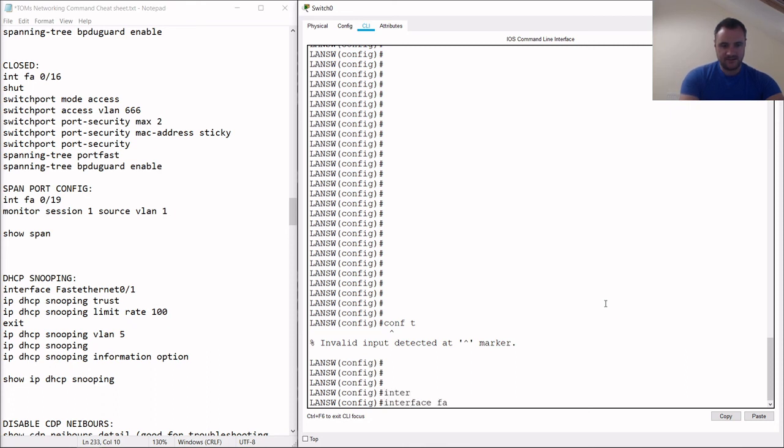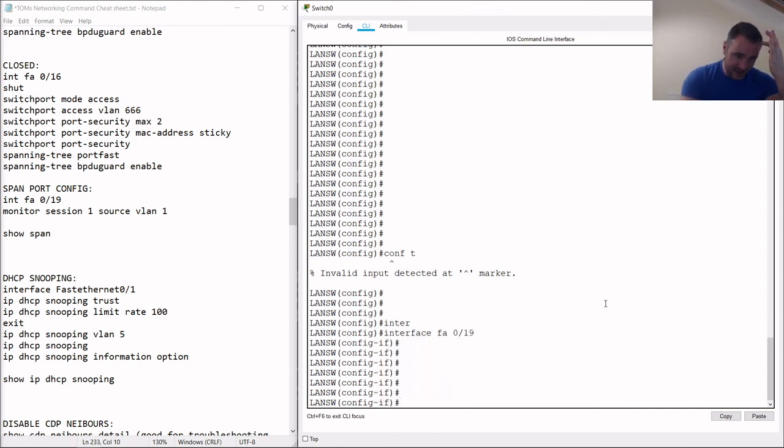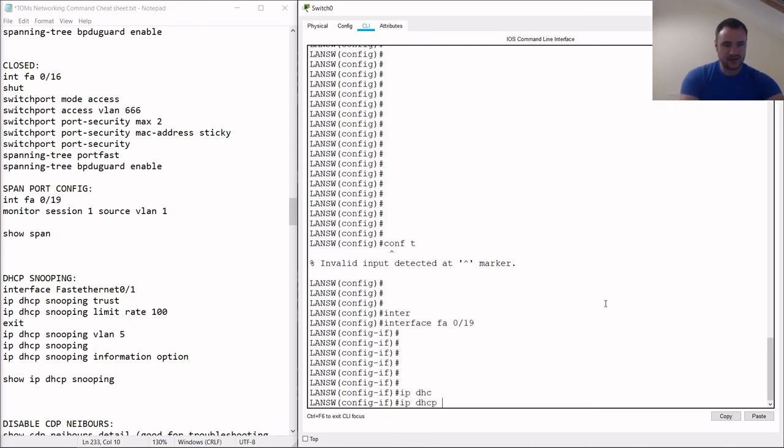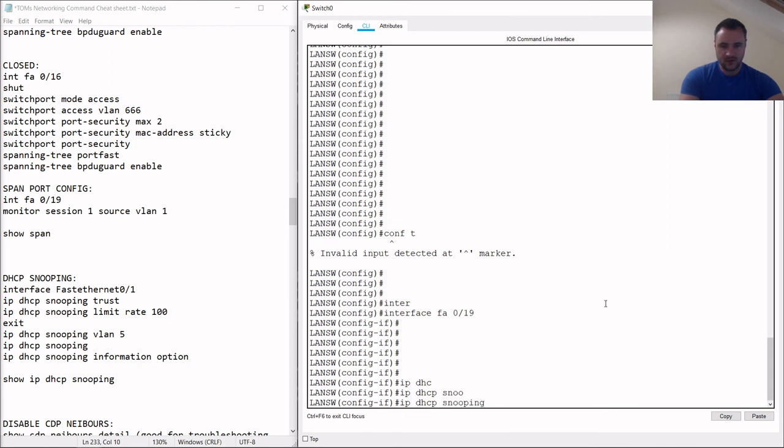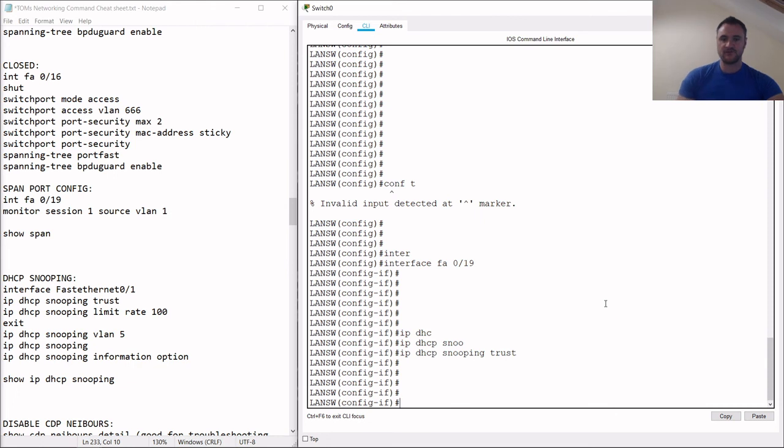So if I just quickly set it up on Fast Ethernet 0/19, interface FA 0/19. So what we're saying here is this is going to be the DHCP port for whatever VLAN. So IP DHCP snooping trust. And as soon as we hit this, that's it turned on. So we're now saying trust this port as a DHCP port. So as soon as any other port tries to start offering DHCP addresses, it will shut down and won't